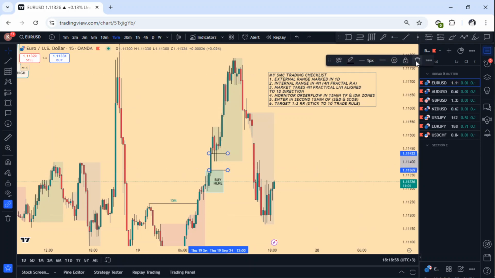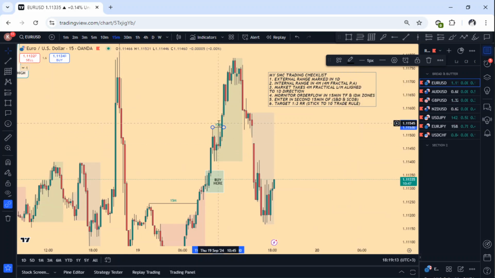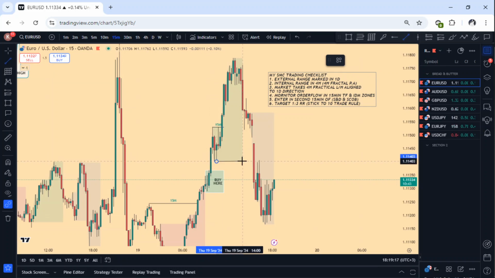I even stated that in my Telegram. So I was expecting a pushback down, and then provided I see that break, I am in. So this is the break, 15 minutes up. So if we see another break, that means that this order flow here should be respected, because